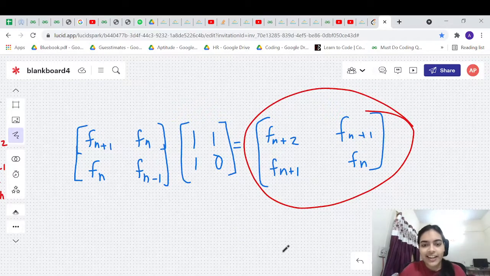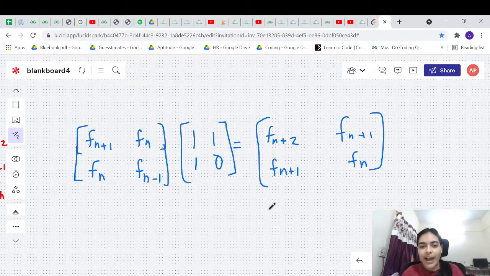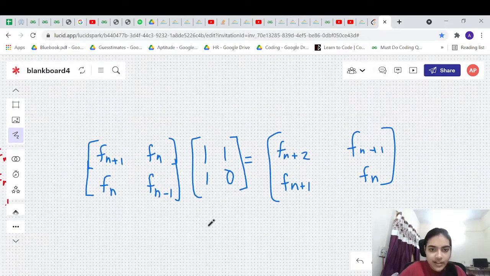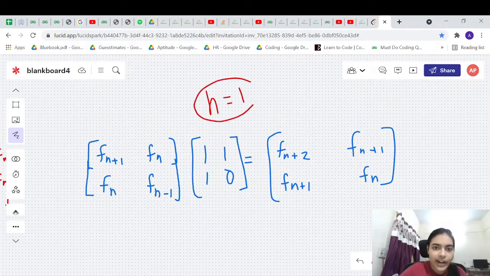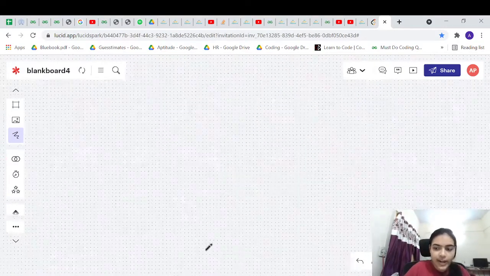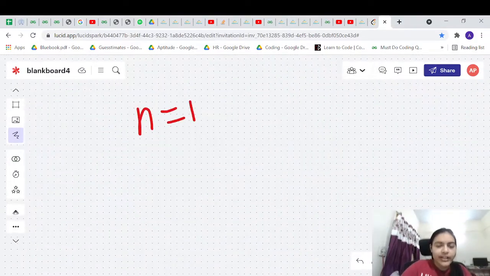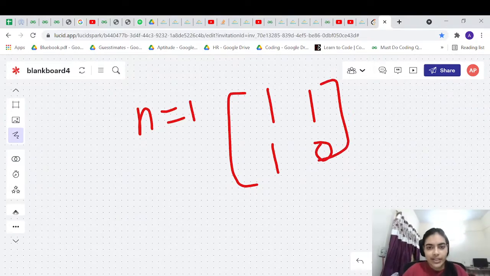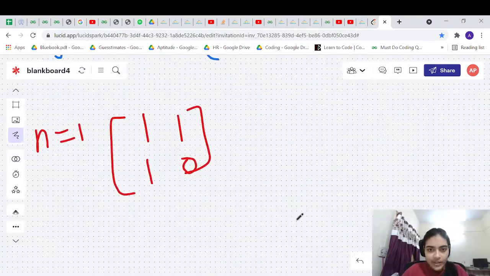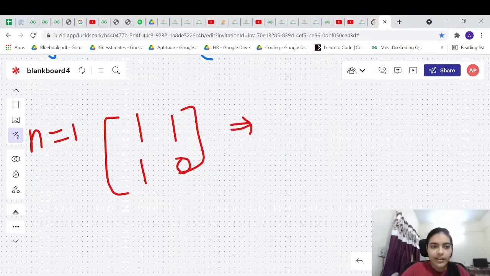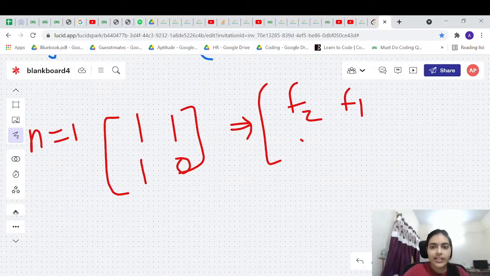Okay, so let's see it. Enough of equations. Let us see the actual beauty of this problem. See, this matrix represents the Fibonacci series for n equal to 1, right? So for n equal to 1, this matrix represents the answers. Let's try to delve into the beauty of this. For n equal to 1, what does this matrix mean? This is f of n plus 1, so this is nothing but f of 2, this is f of 1, this is f of 1, this is